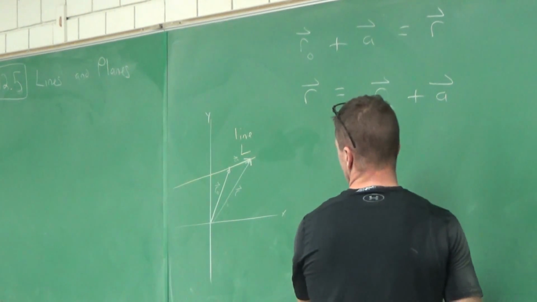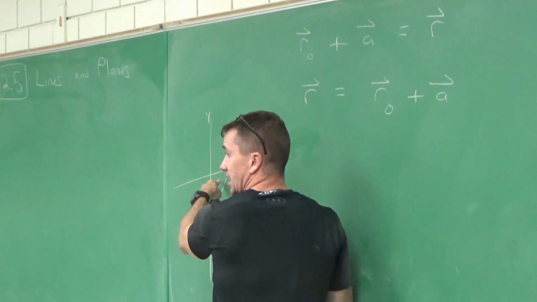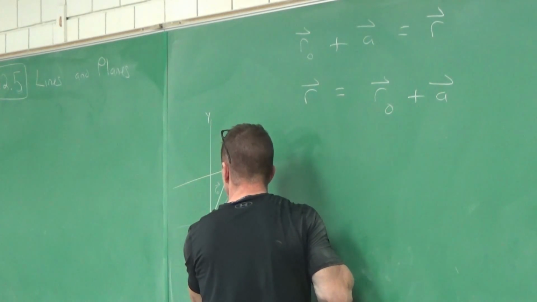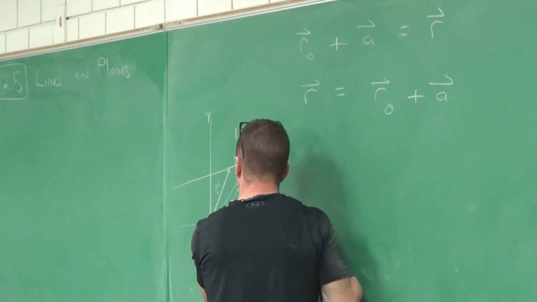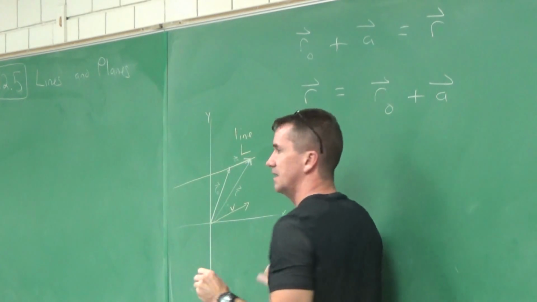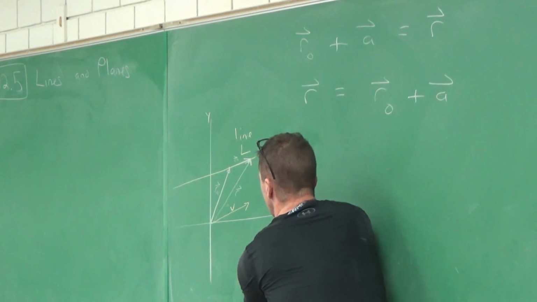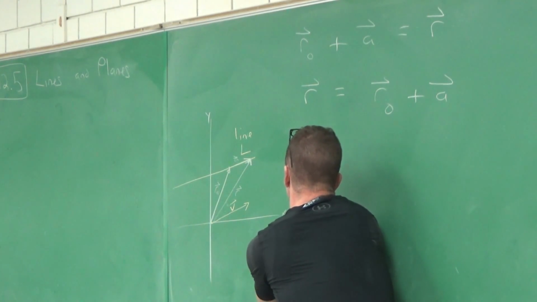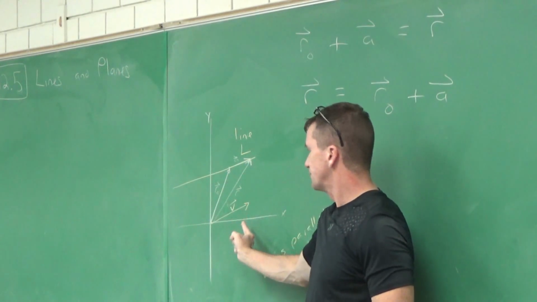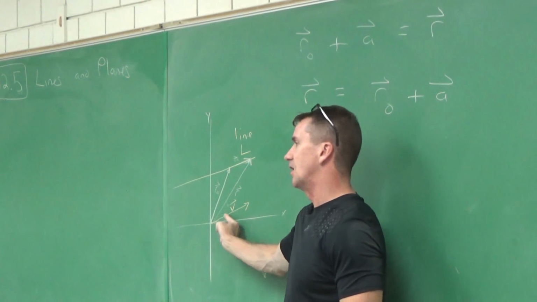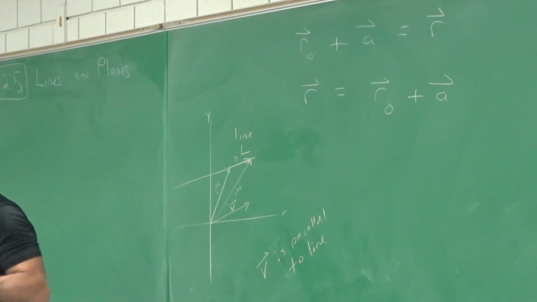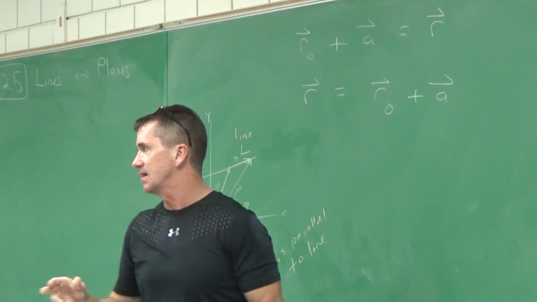All right, what I'm going to do is think of a vector that's parallel to the line. That's the secret. I'm just going to tell you, how about a vector right here? Let's call it vector V. And I'm just going to put V right there. And let's just make a note, everyone, vector V is parallel to the line, okay? Which line? To that line L right there. And I just drew a vector V, everyone. I put it off the origin. I could have put it anywhere, but I just wrote it on the board, and I said, let's just refer to some vector V that's parallel to the line.